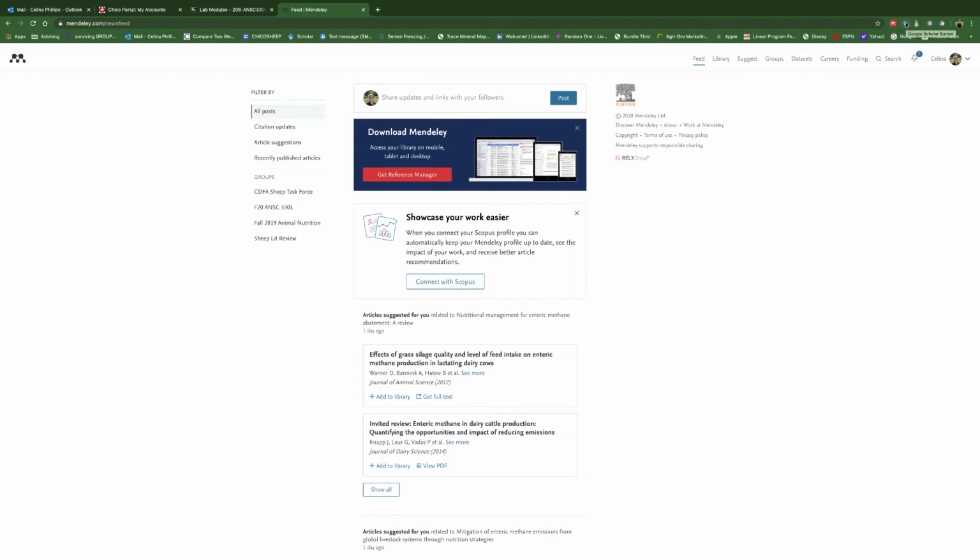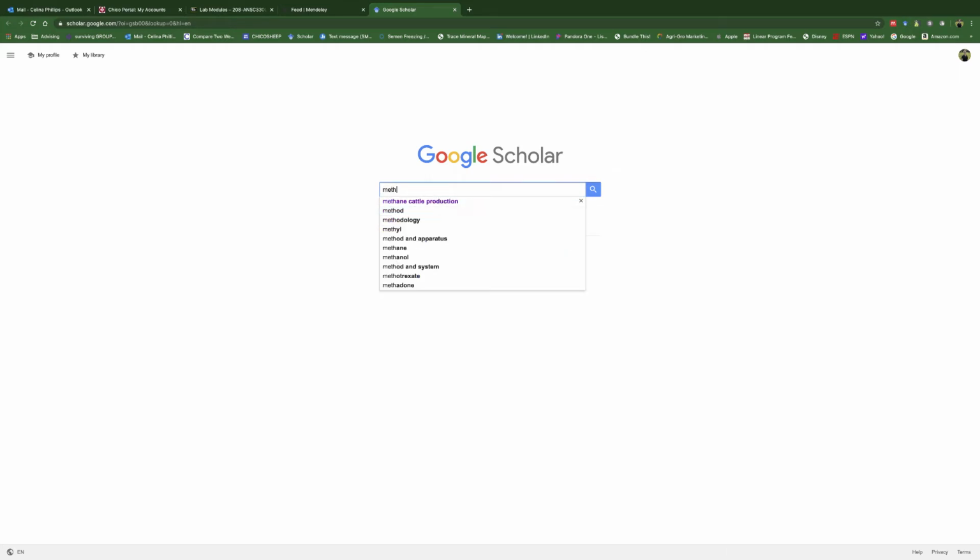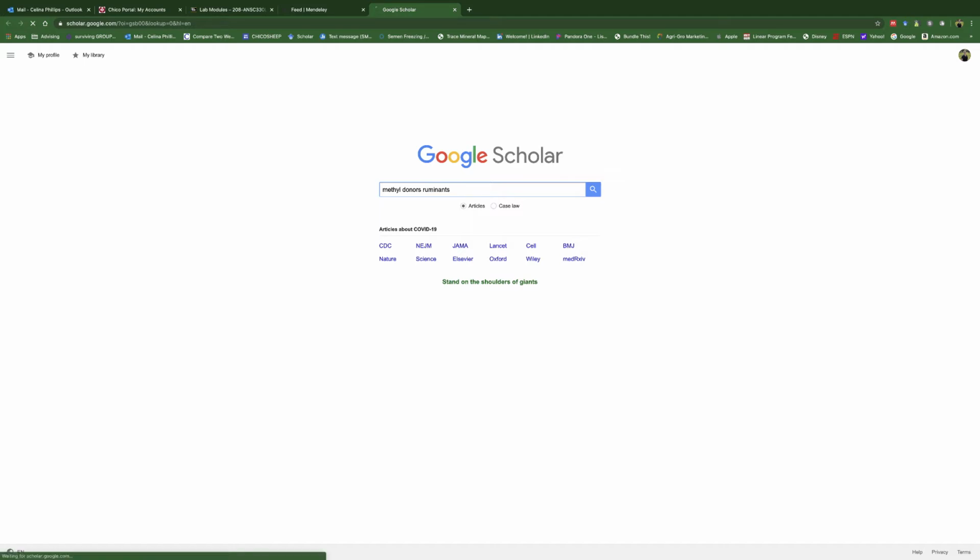So for example, if we're going to go into Google Scholar, which is how I start with a lot of my literature reviews, one of the things we're going to be looking up is methyl donors and what impact they have in livestock production. So for, say, ruminants. Because certain feeds can contribute to being a methyl donor or a methyl receiver, and what might that impact? So if I type search,